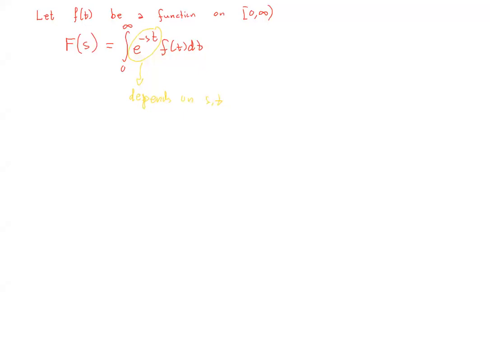And eventually you get something that depends simply upon s. And this is the Laplace transform. Now, the conditions that f satisfies: f here should be of what we call exponential type